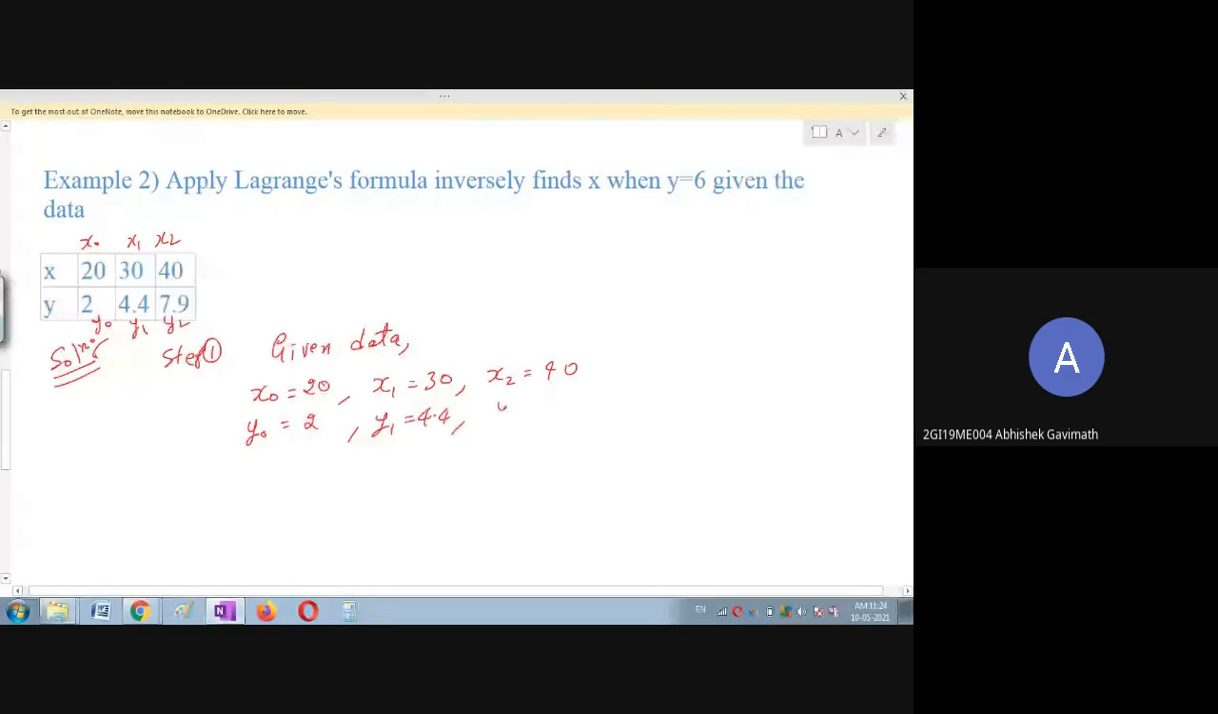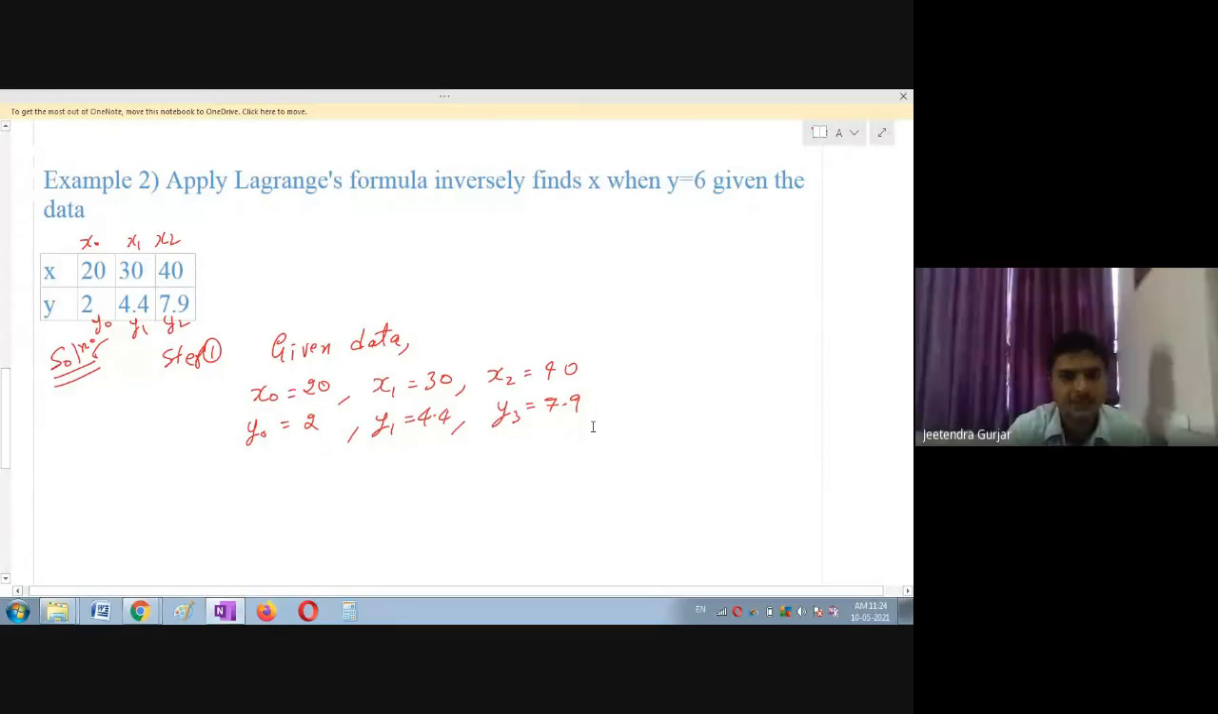Excuse me, sir. Yes, beta, please tell me. Sir, Lagrange's formula, it is for unequal interval, no? But we have equal interval with h is equal to 10. Yes, very good, correct. So what I was telling is this is also helpful for equal as well as unequal